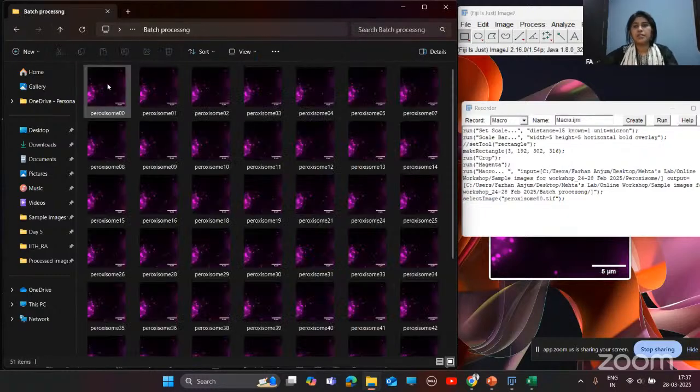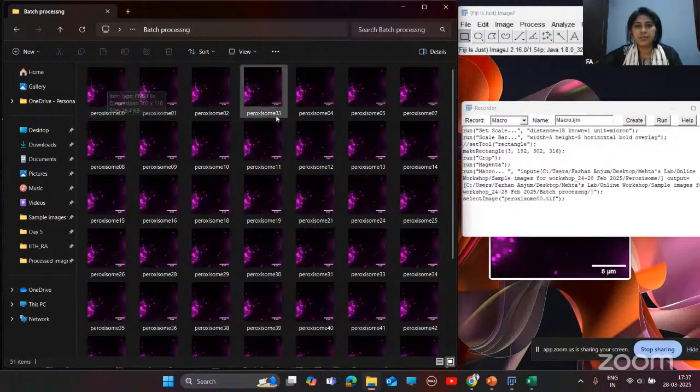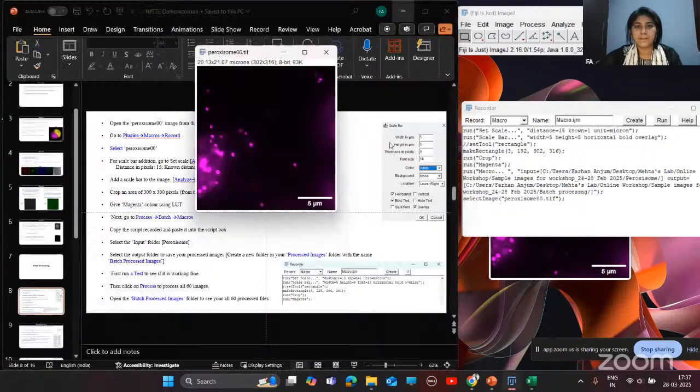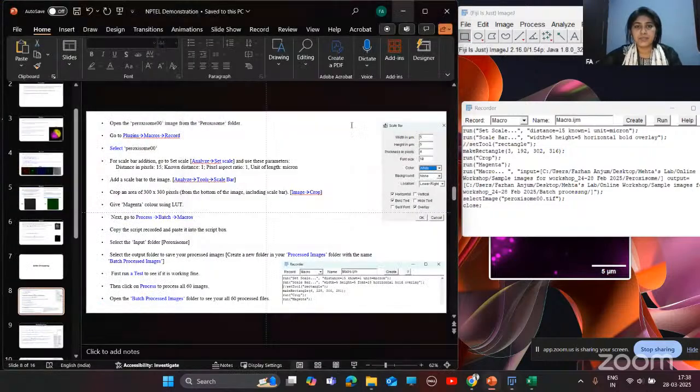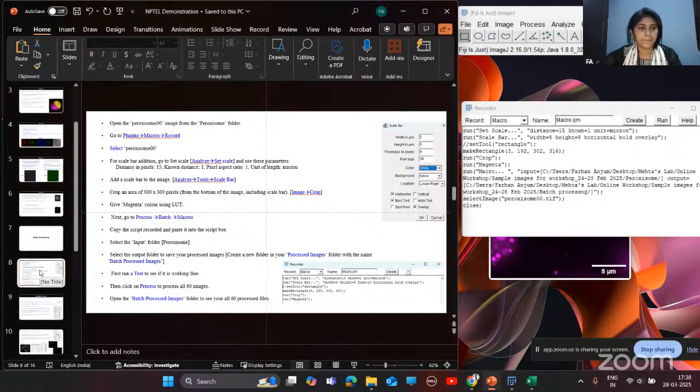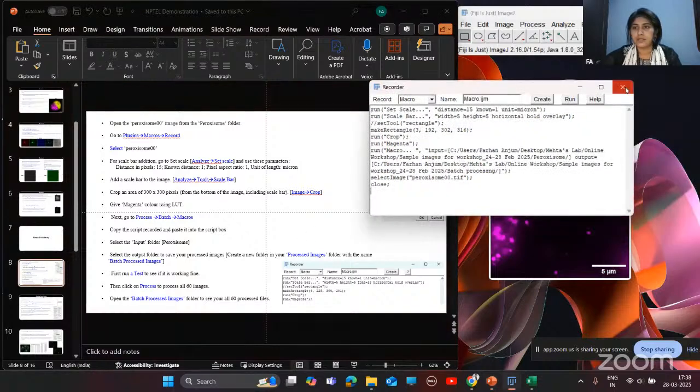Okay, so by using this method and these image macros, if you have a series of images of different experiments, you can use this method so that you can automate your process and you can do large analysis. So meanwhile, I'll close this.